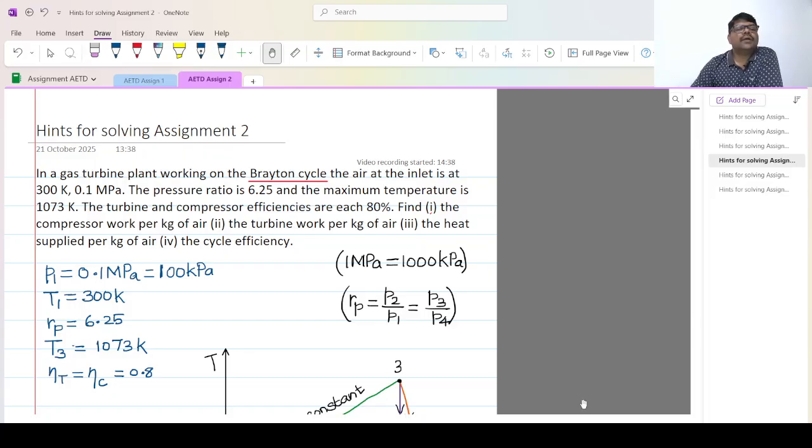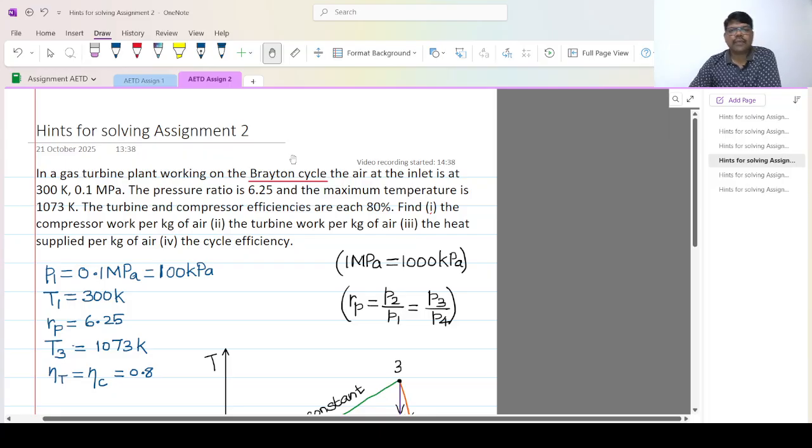Right. First, in this problem, they have given that in a gas turbine plant working on the Brayton cycle. So first we need to identify the kind of cycle, because in thermodynamics we are studying about different types of cycle. So we need to identify which cycle is given. So in this problem, it is quite easier to find out because the name of the cycle is directly given